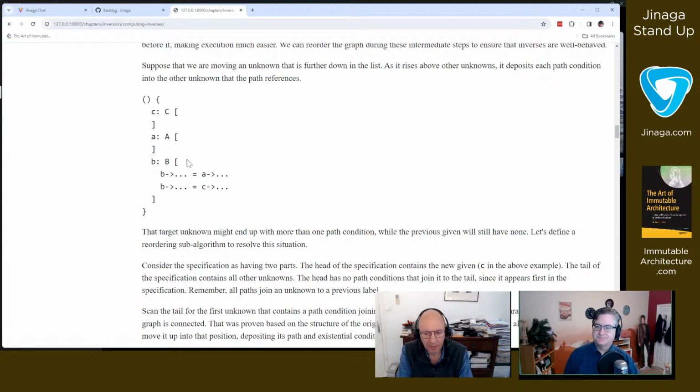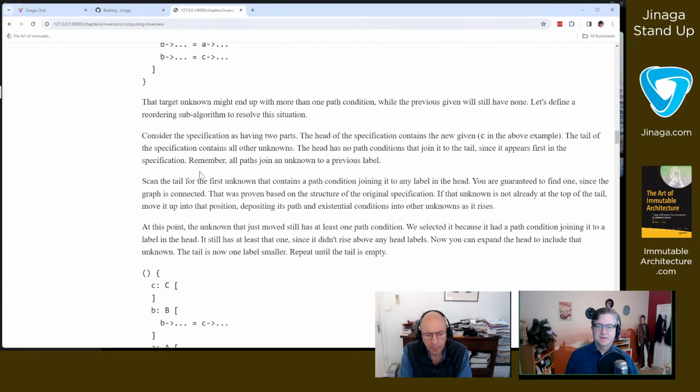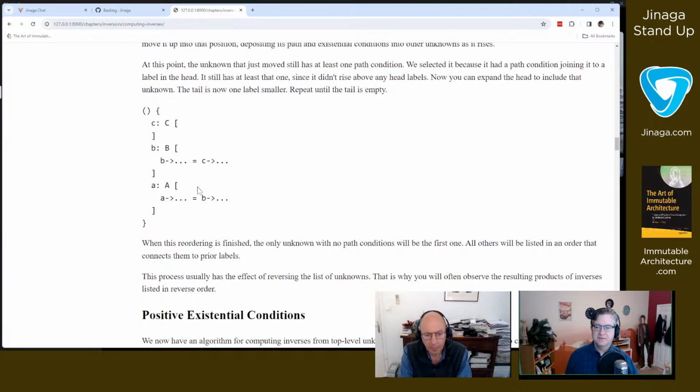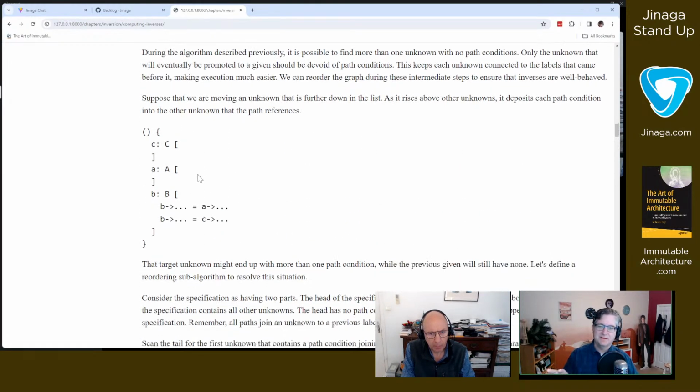So, okay, so you end up with this situation. You'll have two unknowns, or two paths here, no paths there. You want to reorder this graph. So take B, move it above A, and then everything will be fine. So you do that, everything is good. And the tricky detail was precisely how that happens. So this is where my first stab at this proof was incorrect.